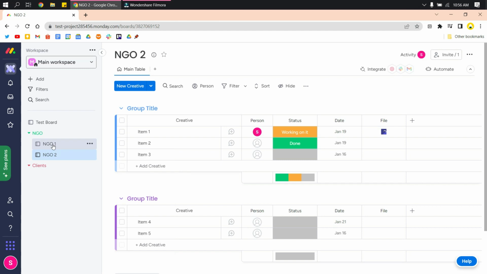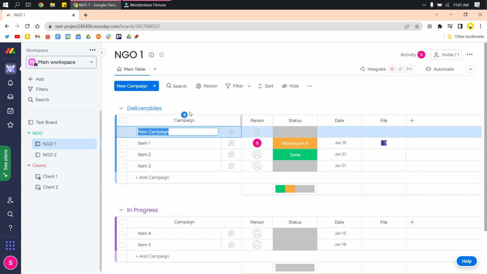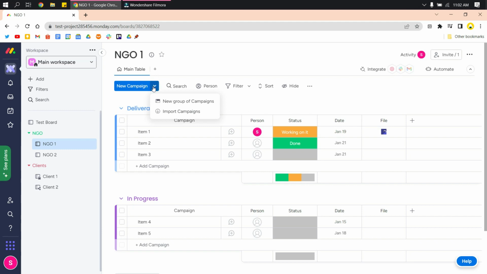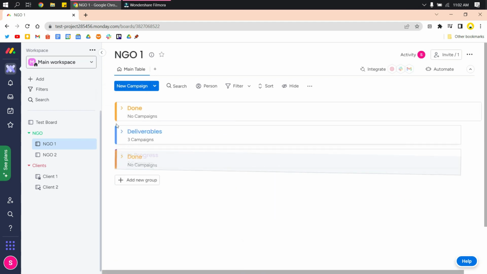and modify each board. So in the board that you are working on, you can group and change the title of each group. So for example, I have here my deliverables that I'm required to do, and then the next group will be named in progress, so that when I'm already working on a certain deliverable, I will move it under in progress. And then I'll add another group. So here is where you can add a new group of campaigns, and I will name this done or completed task, so that once the campaigns under in progress are already done, I can move those campaigns or task under